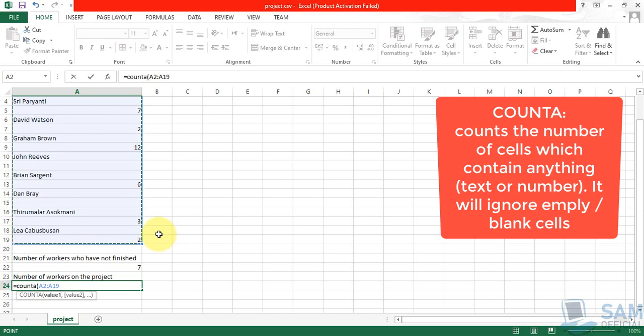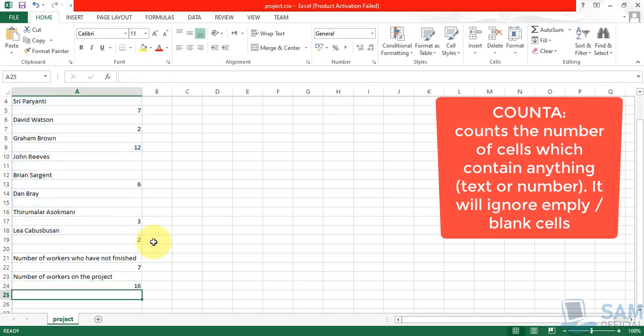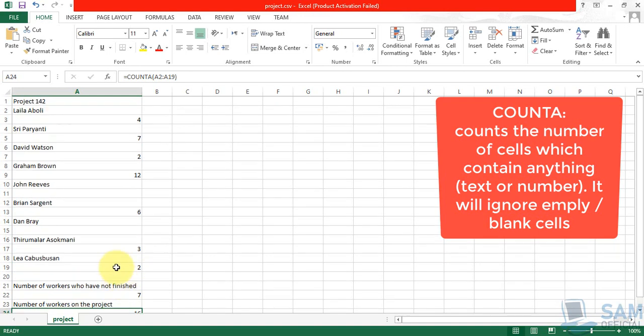There is no inbuilt function which counts only those cells which contain textual data. We do not have any inbuilt function which counts only textual data and ignores the cells with numbers, or ignores the cells with blank or empty values. So we'll have to make use of both of these functions, but before moving towards that particular target, let's see the impact of the COUNTA function. COUNTA will count all those cells which contain anything. Press the enter key. The answer is 16, but it's not the desired one because 16 is not the desired